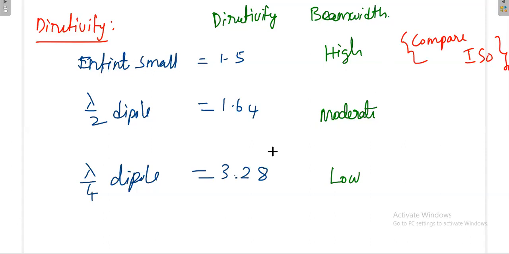Okay, and again, what you will do for all these antennas, you take the U(θ, φ) value, the radiation intensity value. Everything is there in the antenna book by KD Prasad. There they will give you the radiation intensity U(θ, φ) for all antennas: for the infinitesimal dipole, for the λ/2 dipole, and λ/4 and all. Then from this radiation intensity,